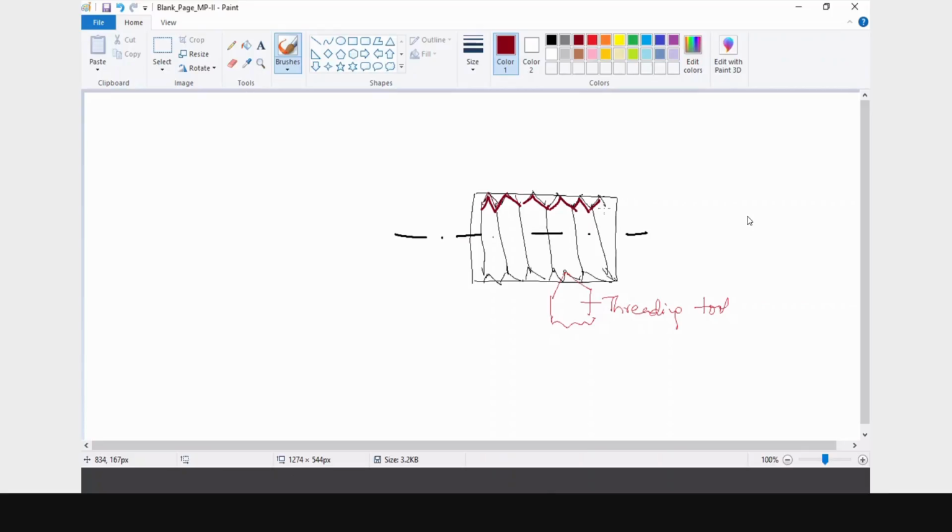Okay. Before that, I will ask you one question. In MP2, MP1, I told you that the screws where you have threads. What is the process in which the screws are manufactured? Screws, small screws, manufacturing process.